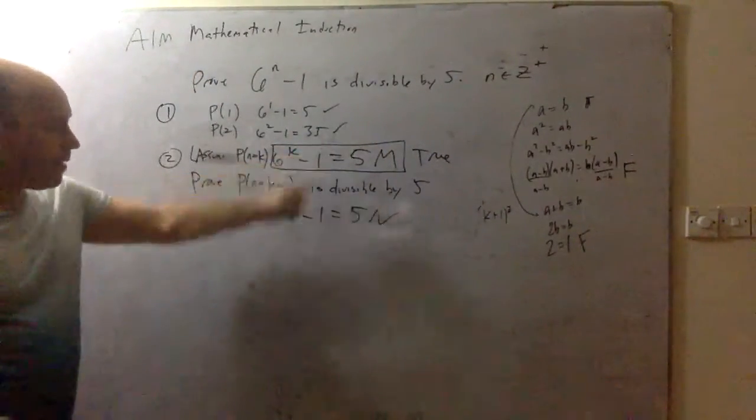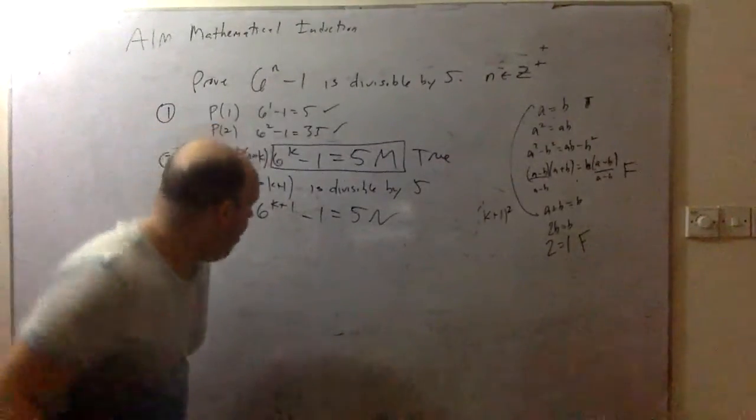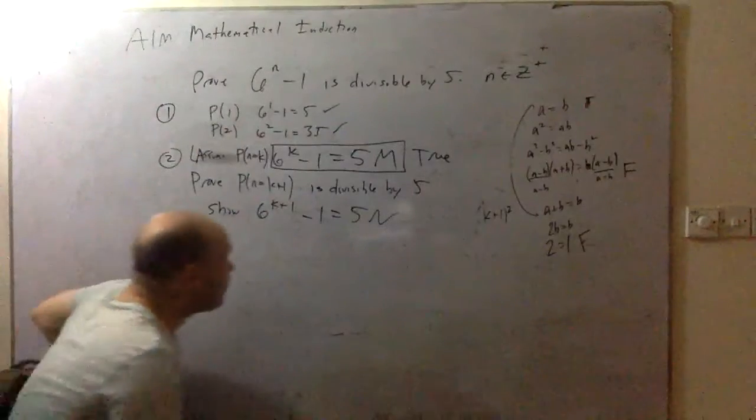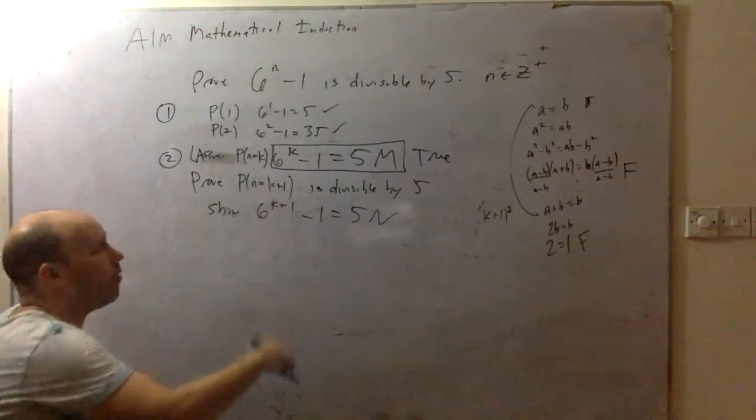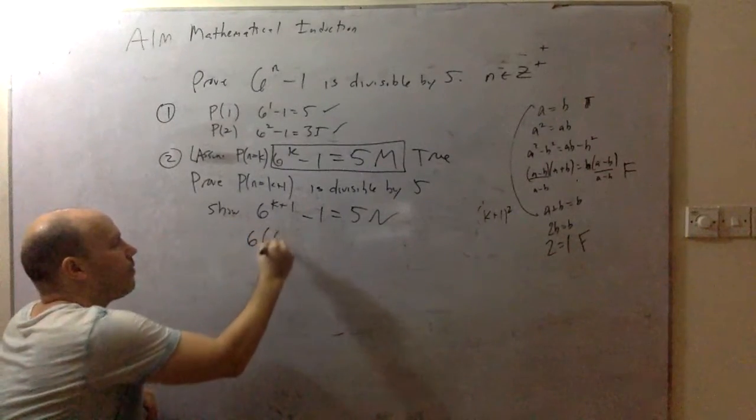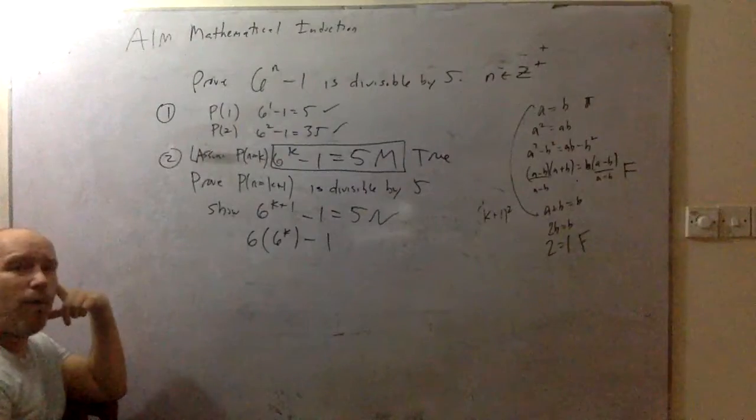So we're going to take this and stick it in here. But we first have to do a little manipulation. So the first thing we're going to do is, let's see, what do you think? Well, let's pull the 6 out of there. Now,